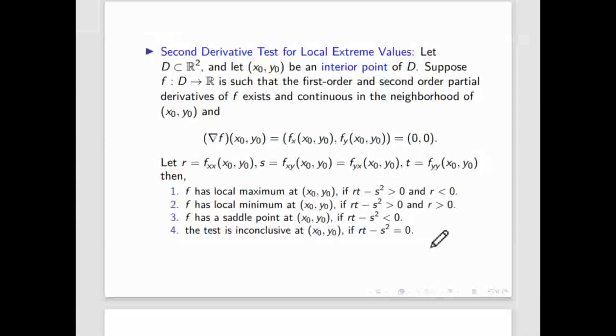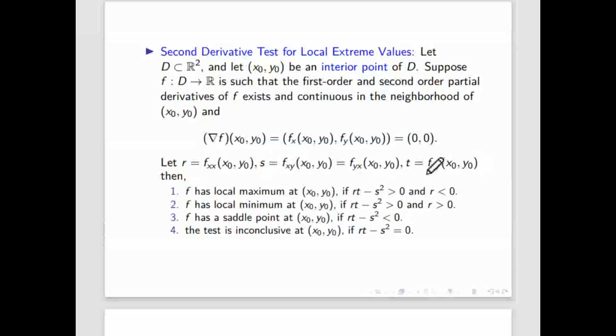So this is the end of maxima, minima, and then we'll solve some problems. First we'll find fx and fy, and put them equal to 0. We'll find the points where maxima or minima can occur. Once we get the points, we'll find the double derivatives, like what is the value of r,